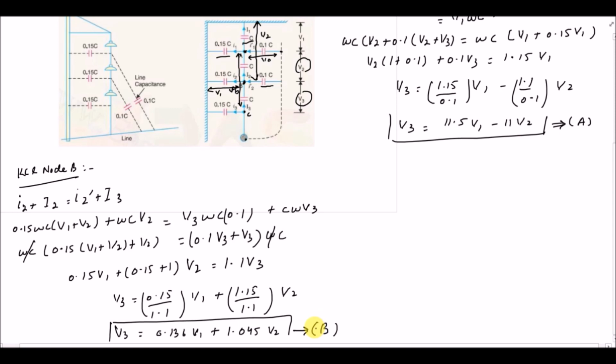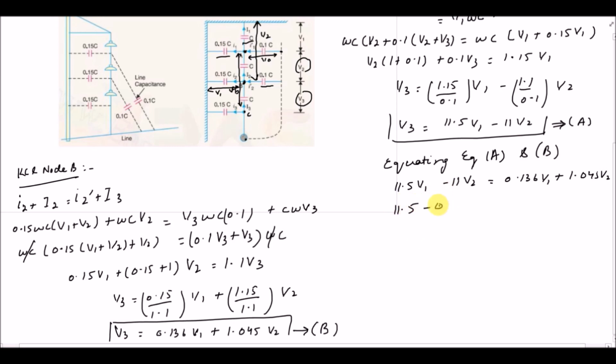So now we will equate equation A and equation B, and we will find out the values for V2 and V1. So now what we are going to do, we are equating equation A and B. So it will be 11.5 V1 minus 11 V2. So this is equation A, that will be equal to 0.136 V1 plus 1.045 V2. And after solving, 11.5 minus 0.136